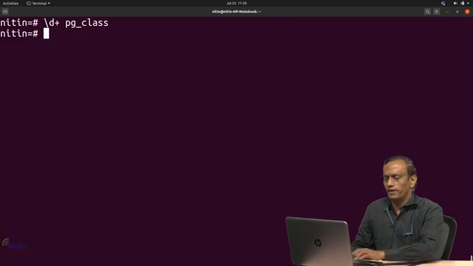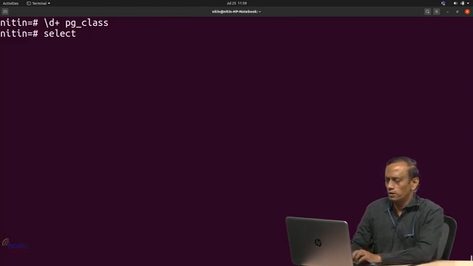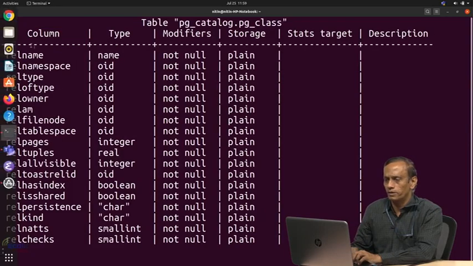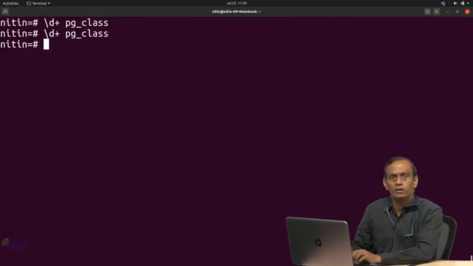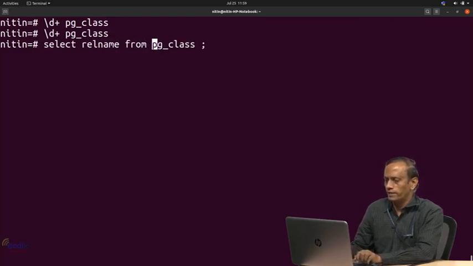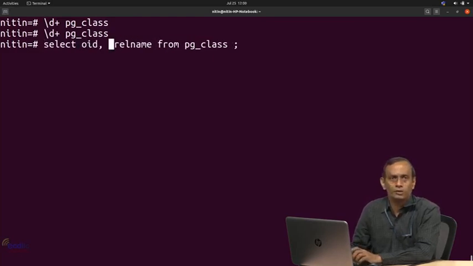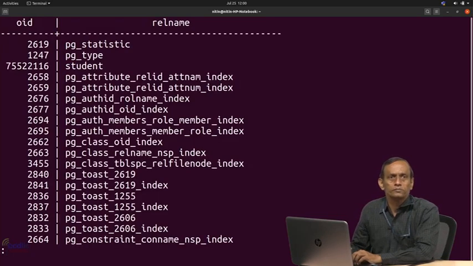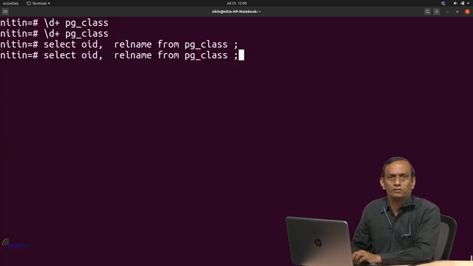That means every relation that you would be creating would have some number associated, which is the OID. So, if I really wish to see records of this, let me write select relname, which is one column, you can see over here relname as one column. So, write select relname from pg_class. Now, if I write here OID, the way that we saw earlier, because this table was created using the WITH OIDS option, let us order by OID.